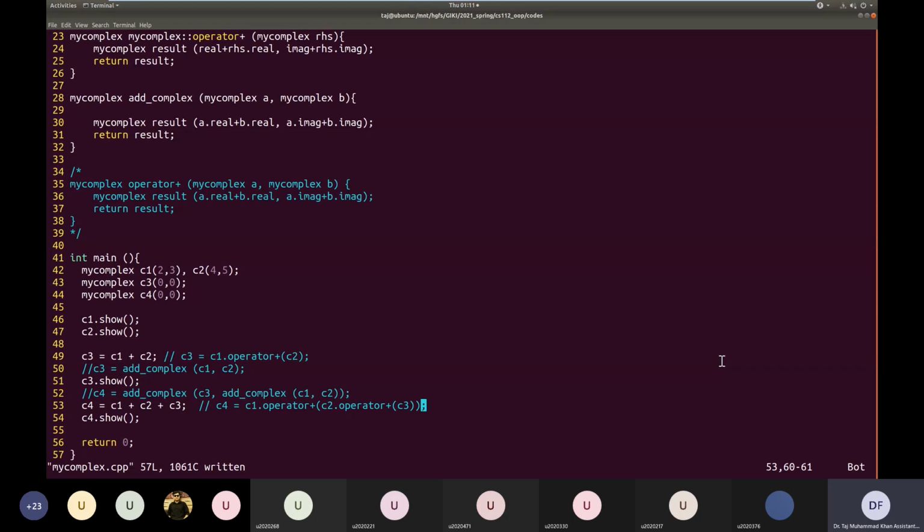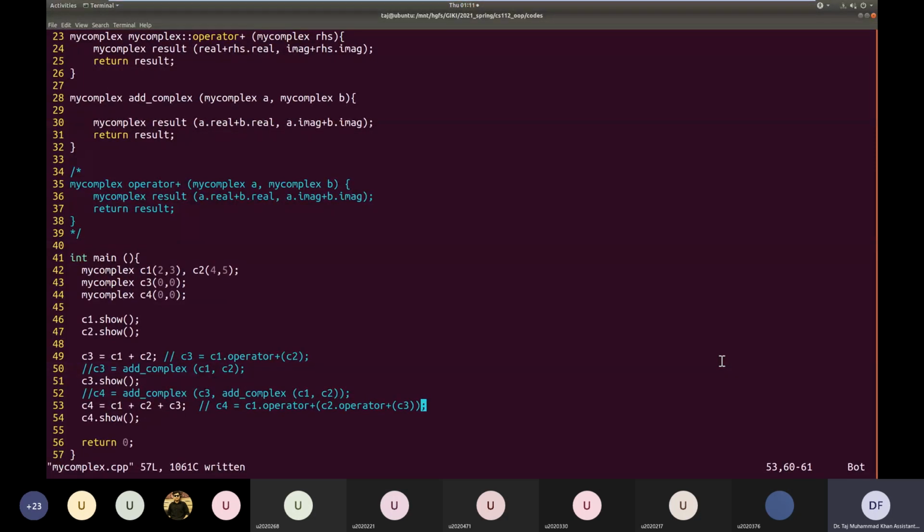Okay? So whether you define it as a member function or as a non-member function, the associativity, meaning whether it goes from left to right or right to left, that will remain the same. When you chain that operator, I'm talking about chaining that operator like this, C1 plus C2 plus C3 plus C4 plus C5. So the associativity is already defined, and I think it's right to left. But I think sometimes our memory plays tricks on us. So what we can do is we can basically